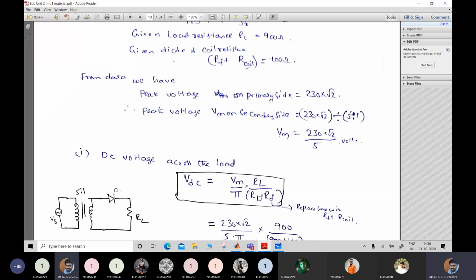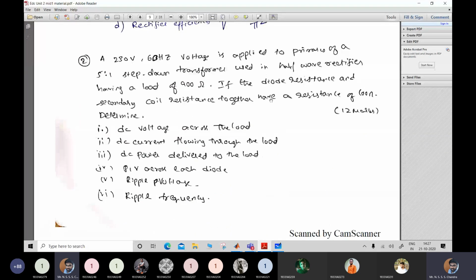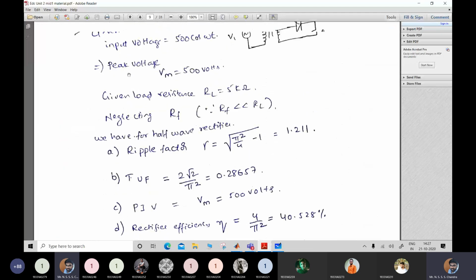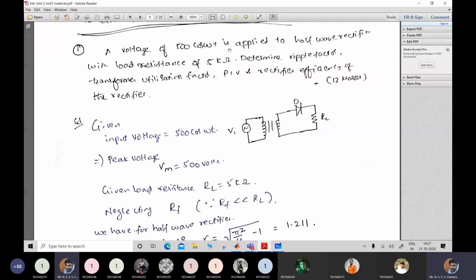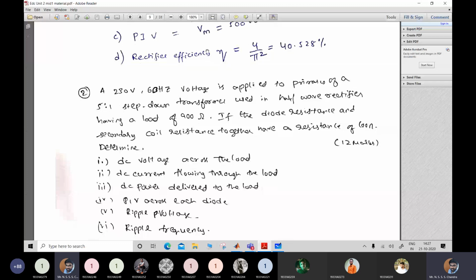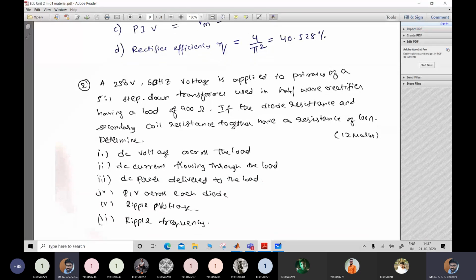In any question in the electrical subject, if you come across any voltage value, unless specifically mentioned, the voltage mentioned will always be an RMS value. For example, in the previous question, he has simply given 500 cos omega t. From this, we can know that 500 is a peak value, not the RMS value. Whereas here, he has mentioned only the voltage value. He has not mentioned whether it's a peak, average or RMS value. If nothing is mentioned, you should always consider it to be an RMS value.